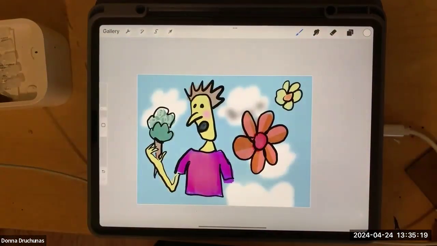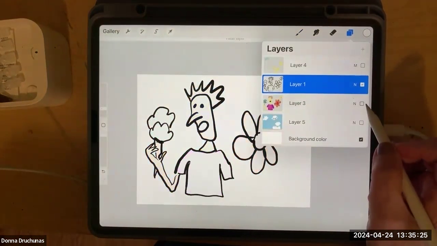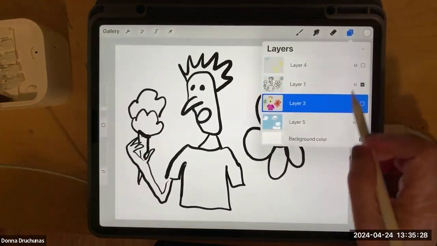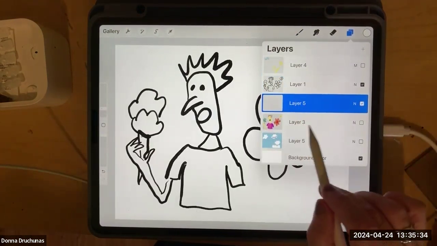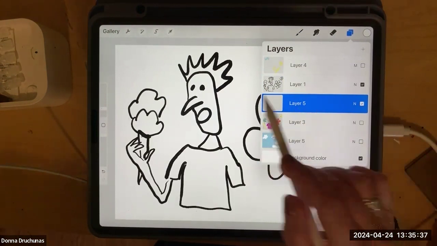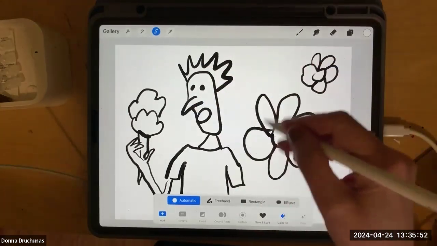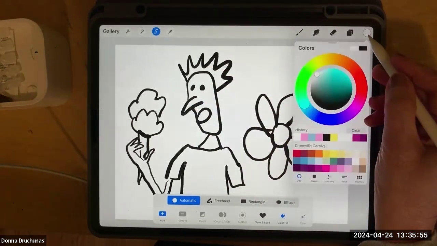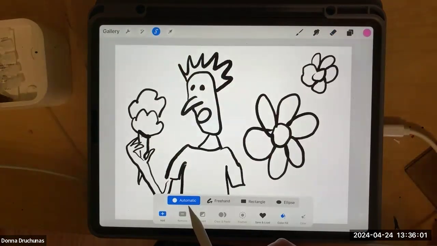Okay, so one more way selections can work for coloring is with color fill. So now I have my inking layer on and I made a new blank layer underneath it. And I turned off all my other layers in this drawing. I can use any of these selection options, automatic, freehand, rectangle, or ellipse with color fill on. And so that means when I make a selection, it will automatically fill it with the color. So now I have white selected, so that's not a very good example. So I'll go in and pick pink. And let's take selection,